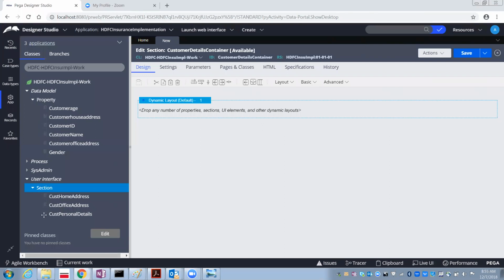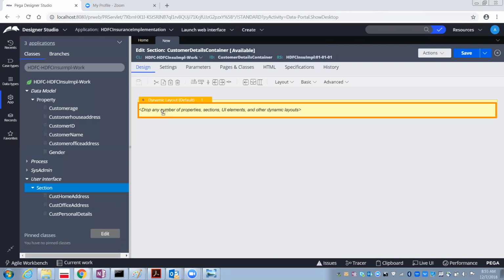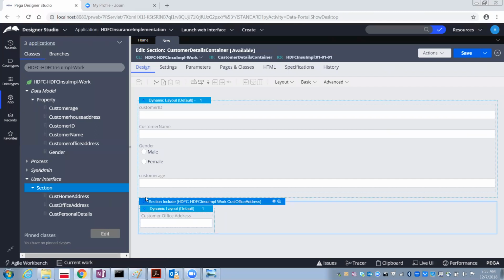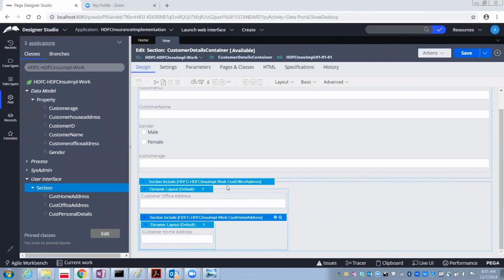So first, which section do we want to display? Customer personal details. Place it. Now customer office address and then customer home address, like this. One by one you can place it. In case you feel you first want to display home address and then office address, just select that particular section which you want to move and move to top.